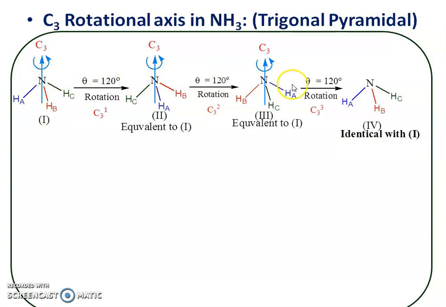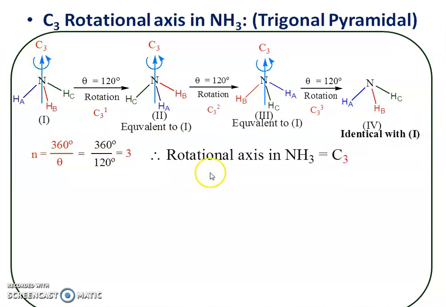So after third rotation through angle 120 degree, we get an identical structure. So in first step we get equivalent structure, in second step we get equivalent structure, and in third step we get identical structure. Now value of n is 360 divided by theta. Now here theta is 120 degree. So 360 degree by 120 is 3. So value of n is 3, and therefore rotational axis present in ammonia is C3, where this n is